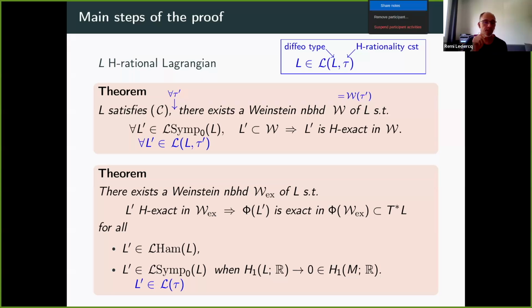Oh, and that's another reason why I insisted on that. If you look at the second theorem, with the blue variant, right? That's one reason why we use homological rationality and homological exactness. This theorem is not true if you replace H exact, which is orange now, by just weakly exact, meaning that omega vanishes on pi 2 of (W, L prime), then this is not true.